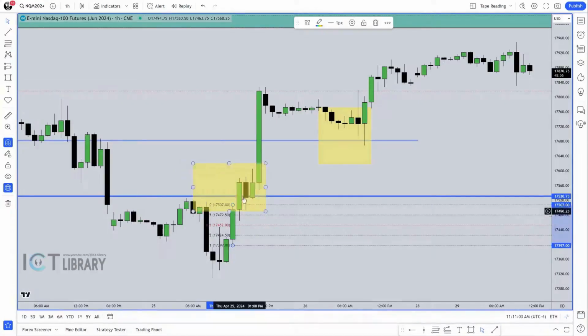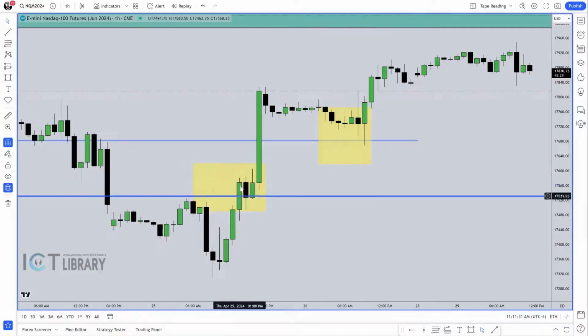I would not be worried. I would not be panicking. I would not freak out. I would expect it to do this very thing. But the logic is, if we get a big run candle in the direction that we're looking for, the very next candle, I'm waiting to see a fair value gap form. But if we're lucky and fortunate enough for it to come right back down to it there, man, we are in a loaded deal.